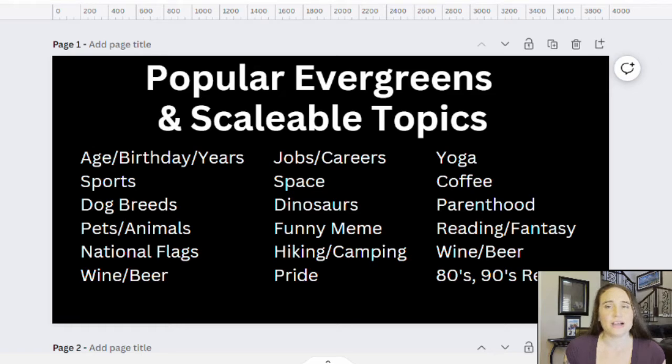People have birthdays year round. People have birthdays every day. And birthday shirts are very popular from the youngest person up to the oldest person. So if you're looking for something that you can scale, you can make a birthday design and then literally just scale it out and have, depending on how many years you want to go, 100 different designs or something. So that's a very big popular one.